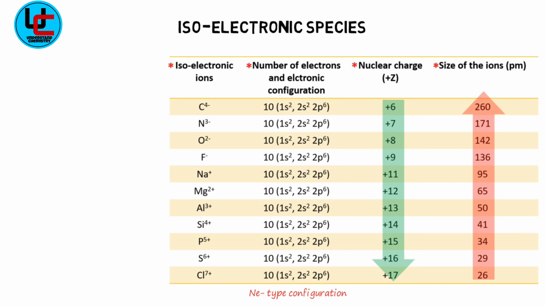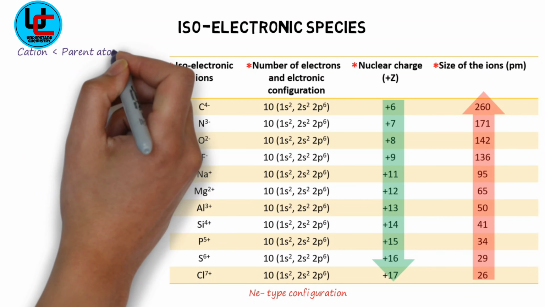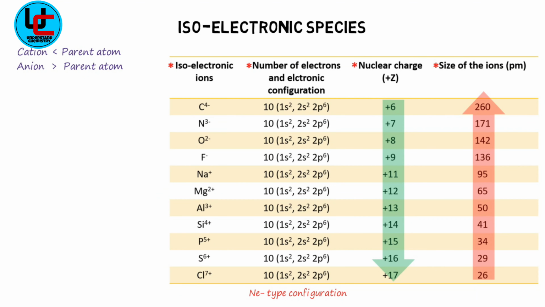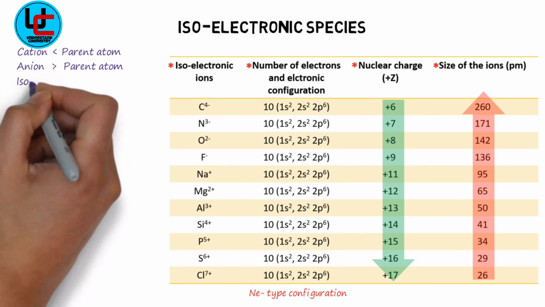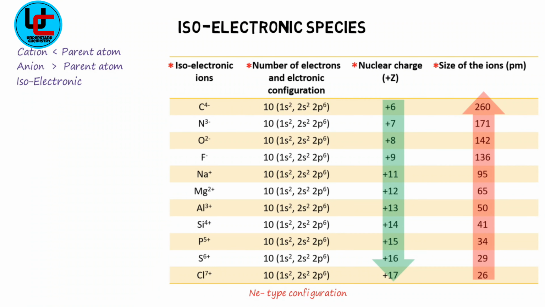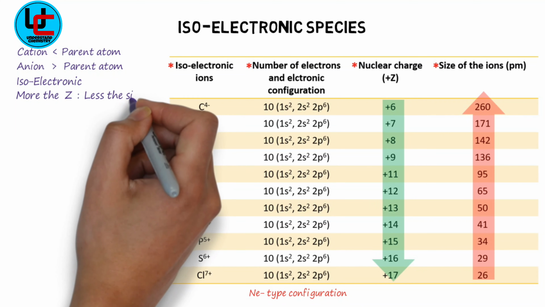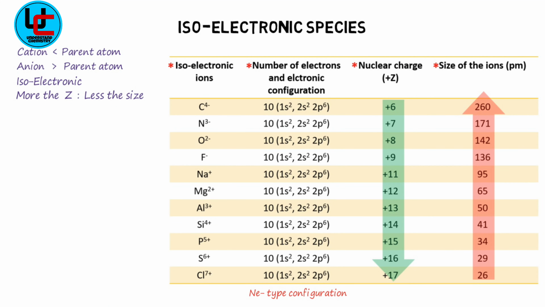But if someone is interested to arrange the cation and anion in terms of increasing or decreasing order of ionic size, one has to consider these 3 points. That is, a cation is smaller in size than the parent atom and an anion is bigger in size than the parent atom. And if the species for comparison are isoelectronic, this we can find out easily by looking at their electronic configuration. For this case, we can compare the nuclear charge. More the nuclear charge, less will be the size.